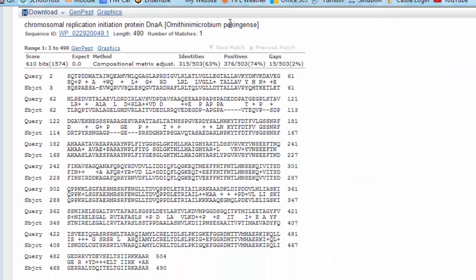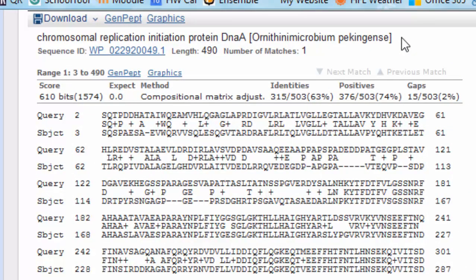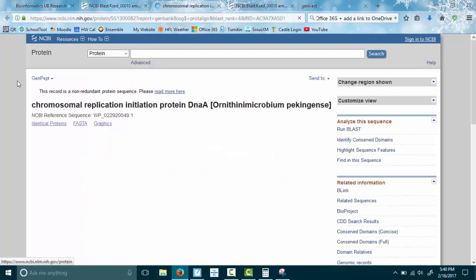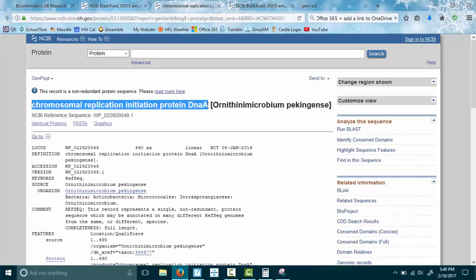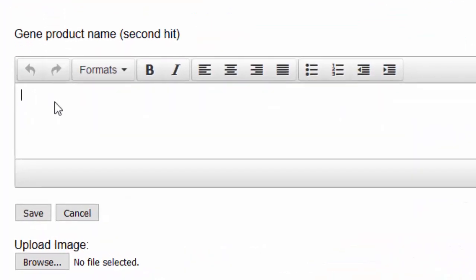Okay, and I double check. A different kind of bacteria completely. Now I'm doing the same thing. So I hit this link, and it brings up the GenBank record. And it gives me, lo and behold, the same name. So back in my notebook,